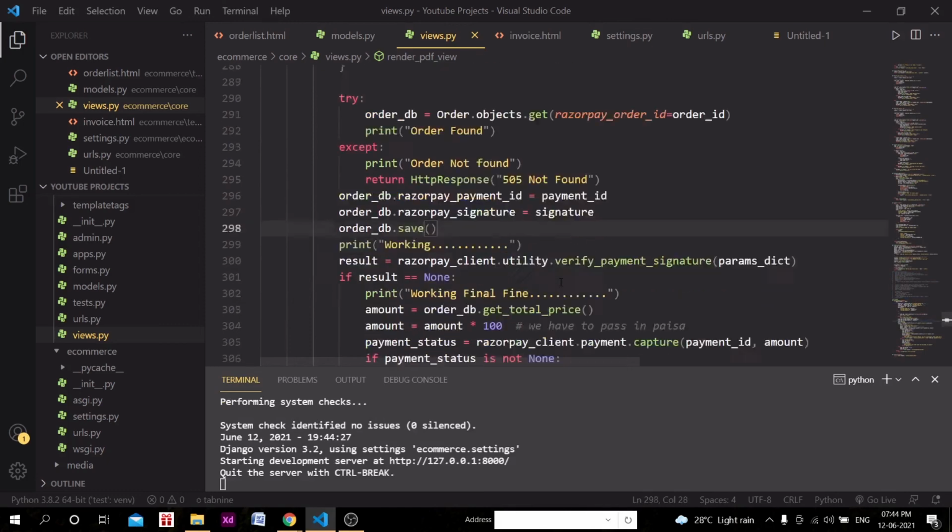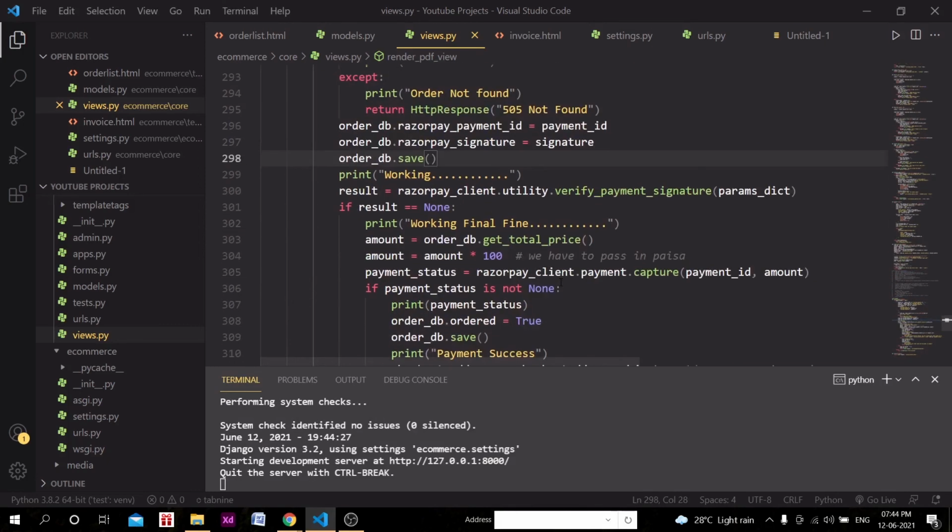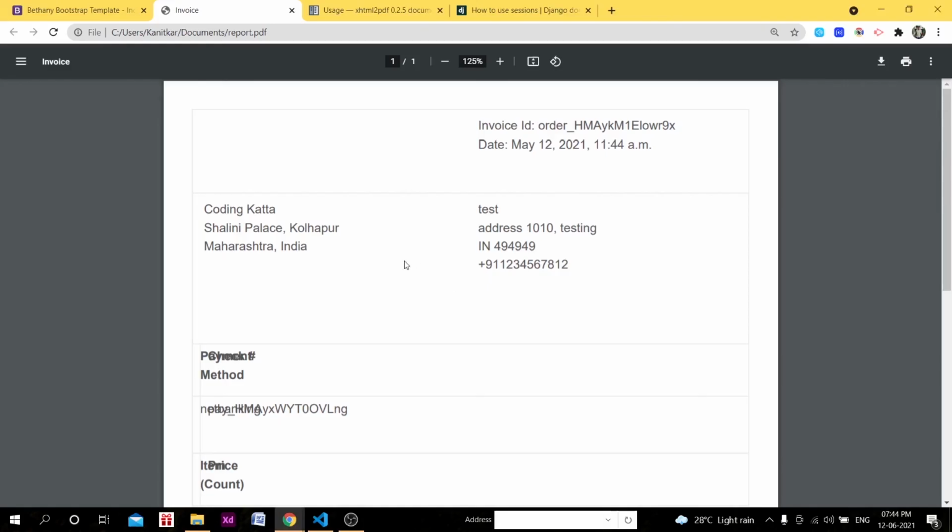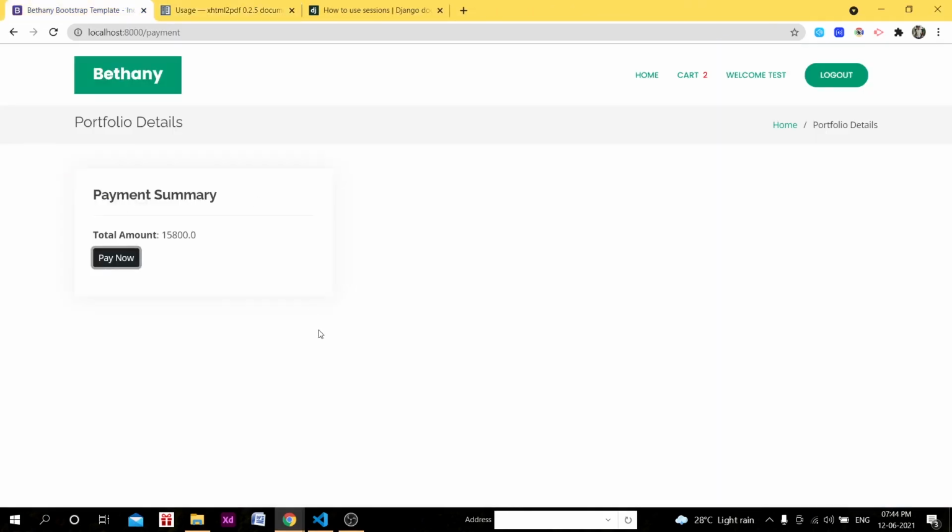It will work. So in this video we have covered the invoice generation part. We were able to generate our invoice for the product after the successful payment of that particular order. When the user clicks on the download button, the PDF will be generated and downloaded.